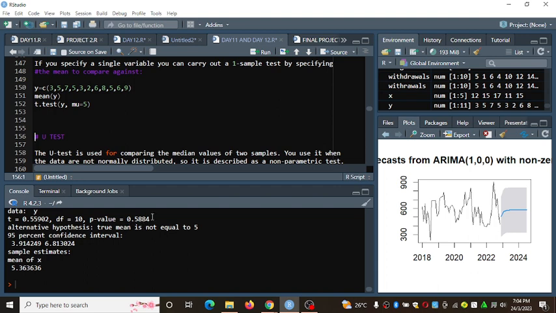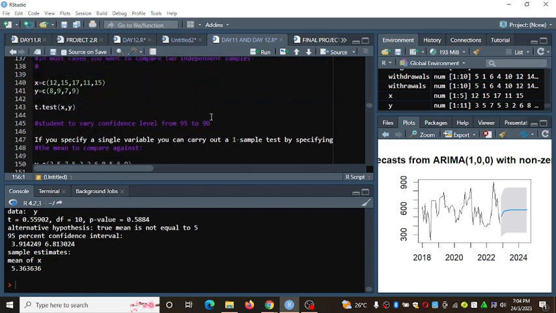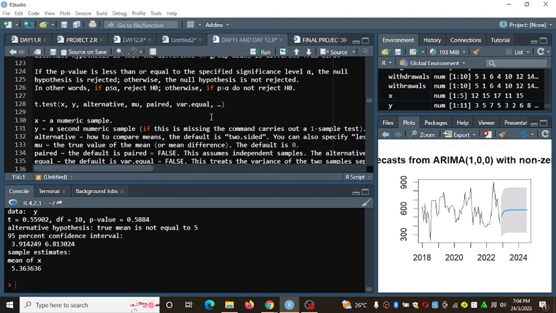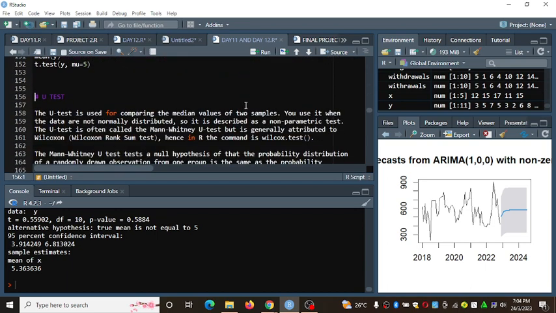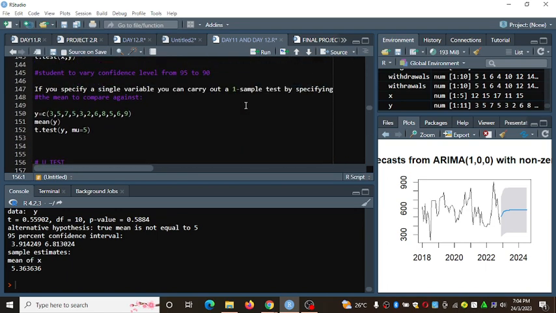And what does our rule say? If p is greater than alpha, do not reject the null hypothesis. So for our case here, do we reject or fail to reject?